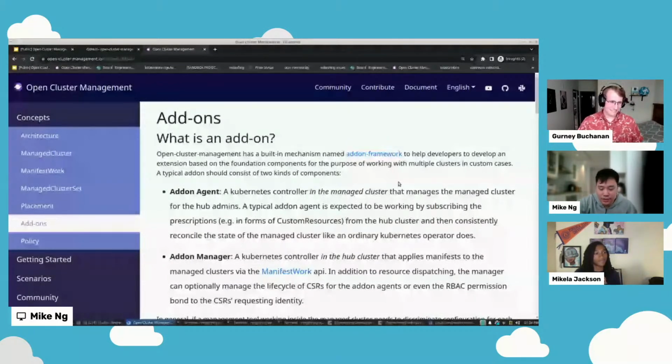Yep, I'll go into the more technical details about registration as well as add-ons later. But are there any other questions about the demo before I pass it over to Mikela to talk about where you can contribute or participate in the Open Cluster Management community and possibly develop an add-on, for example?